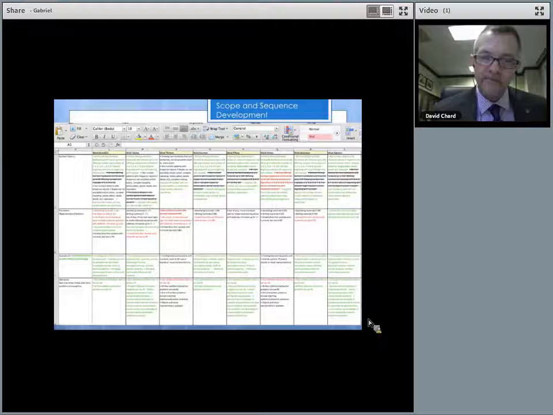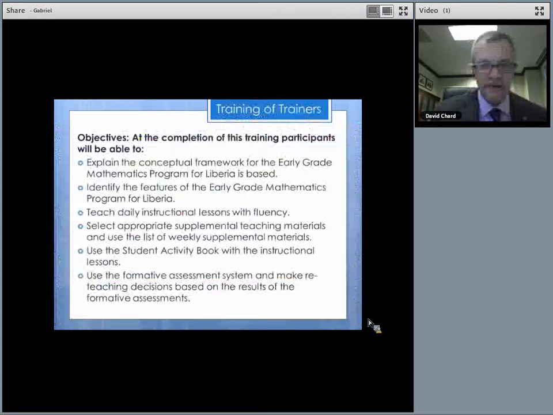So the resulting program looks like what you see here. What's unique about this in Liberia is that, in recent contemporary history at least, Liberian teachers have not had this kind of tool. You'll notice here in the red, these are teacher guides that provide daily instructional support for teachers, and I'll show you some features of these guides in a moment. The blue book is for students to work on mathematics and independently practice math knowledge. This program was built by a publisher, Brattle Publishing, here in Dallas, working collaboratively with RTI and the Liberian Teacher Training Project.